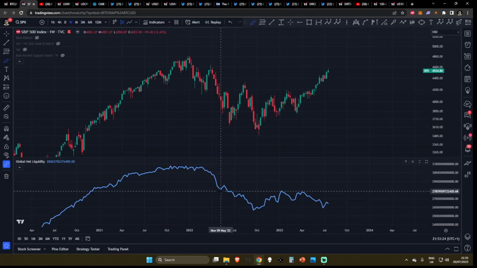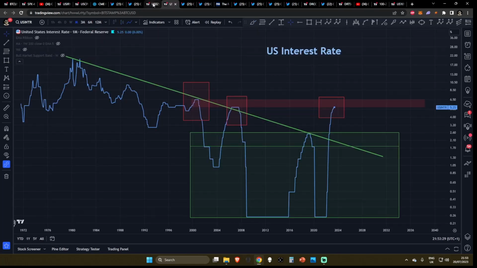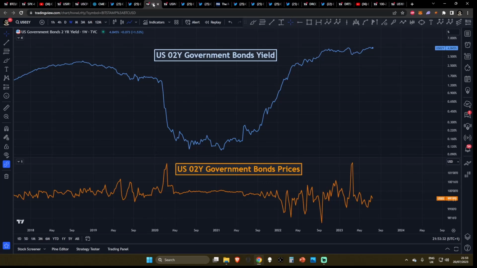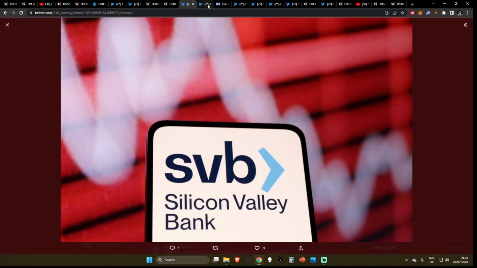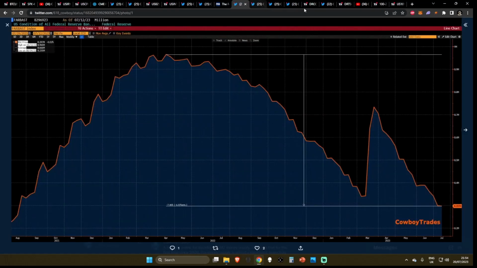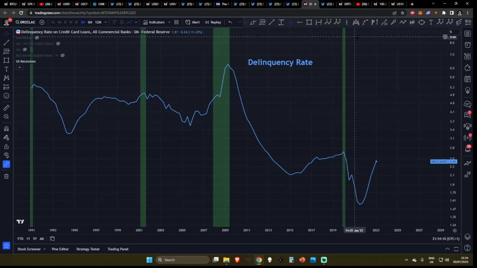So because of everything we just talked about, which is contributing to the fact that global net liquidity is coming to the downside, such as the interest rates being hiked, the yield of the government bonds being pushed to the upside because of the fact that foreign investors have pulled the plug on supplying the US government with money by purchasing their bonds, because of the fact we are seeing the largest budget deficit right now in the US recorded in history, because of these widespread banking failures which are causing for liquidity to be sucked out of the ecosystem right now. How is this affecting the other side of the market in terms of the consumers? We've looked at this predominantly from a banking perspective, from a Fed perspective. What about the consumer perspective?